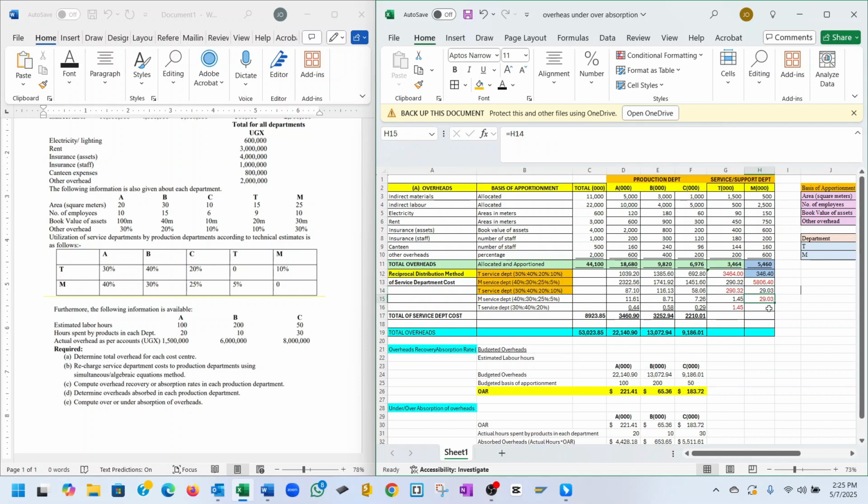Then we bring the M down to 2900, the M which was allocated 2903, we are going to share it. So in order to share it, you bring it down before you share it to the various departments. Now I'm supposed to put that into brackets, but I decided to highlight it so that you see it well. So when we share with this particular